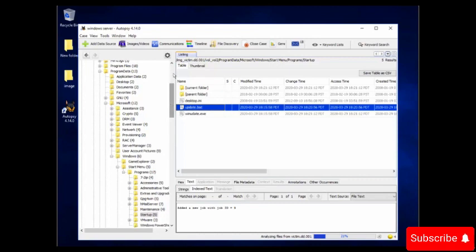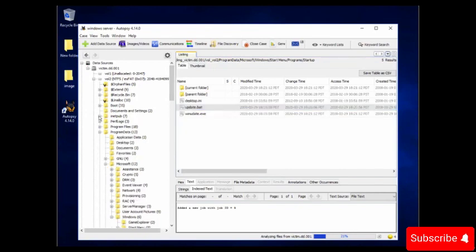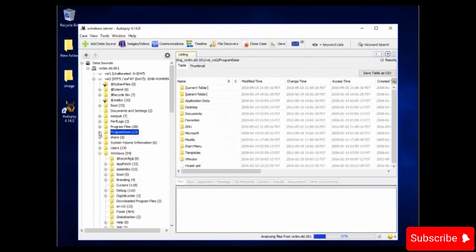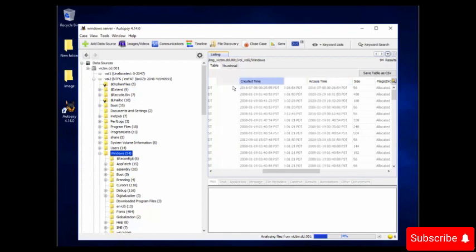So let's go to volume 2 again and navigate to the Windows folder. So let me minimize this. Here it is. Here we have a column called created time. So let me drag this column next to the name column.